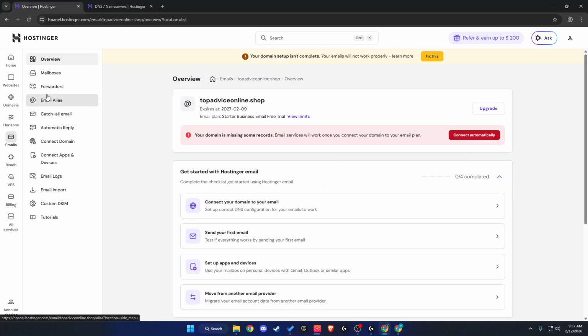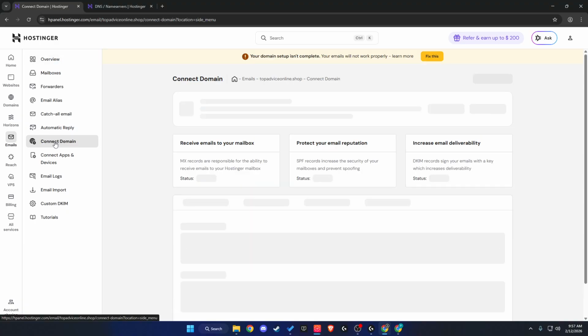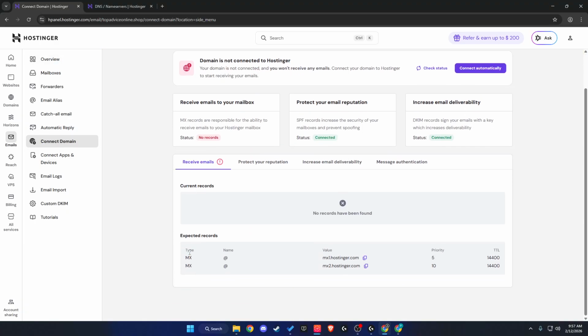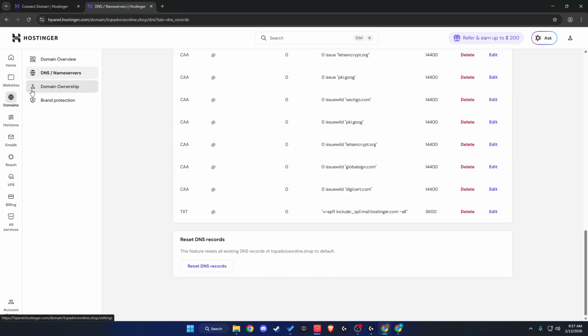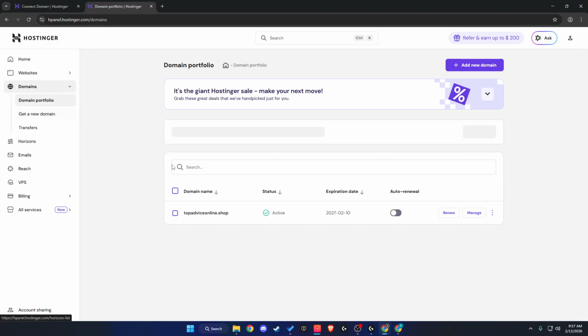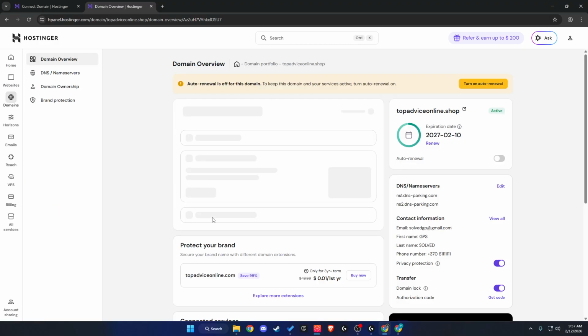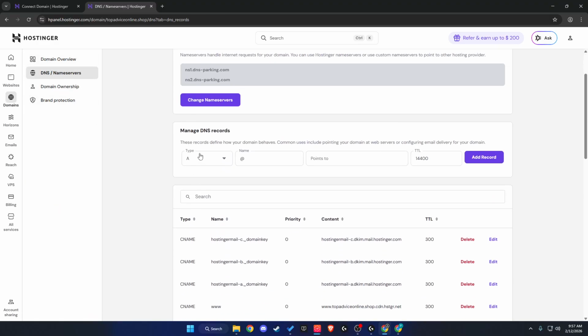And then here you need to look for connect domain. And then you should see expected records. For me and my domain, as you can see, there are no records. So what you need to do here is open a new window, go to domains, select your, let me show you, go to domain portfolio, select the domain, go to name servers,